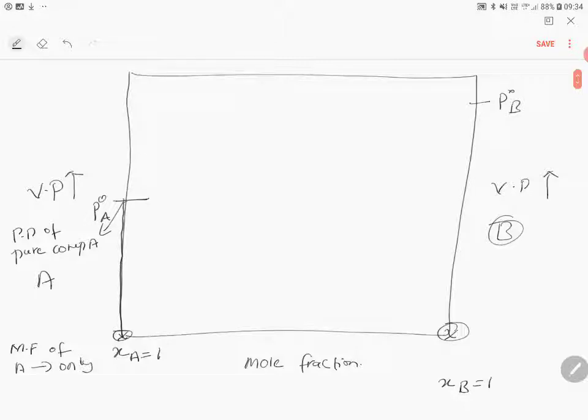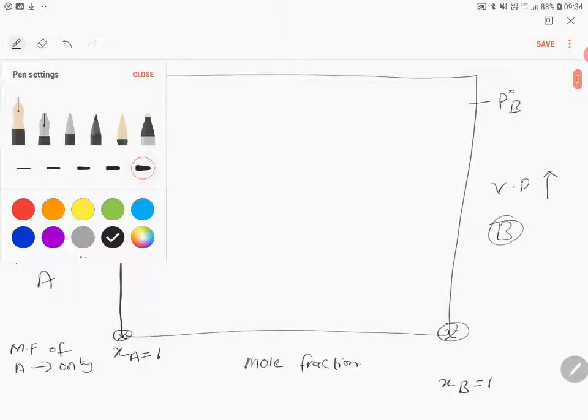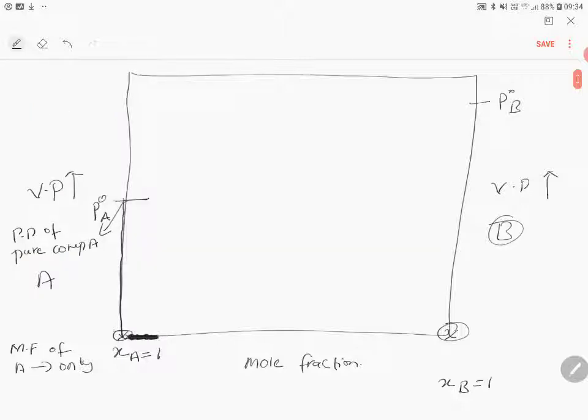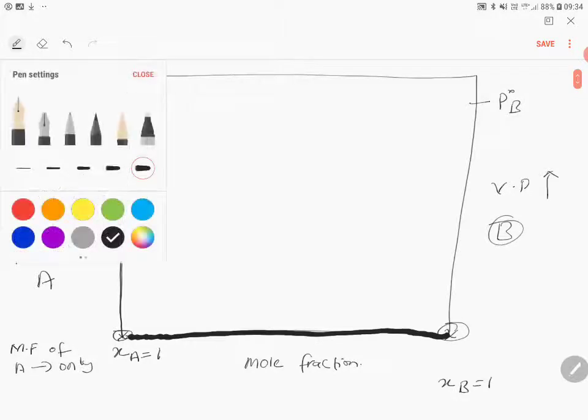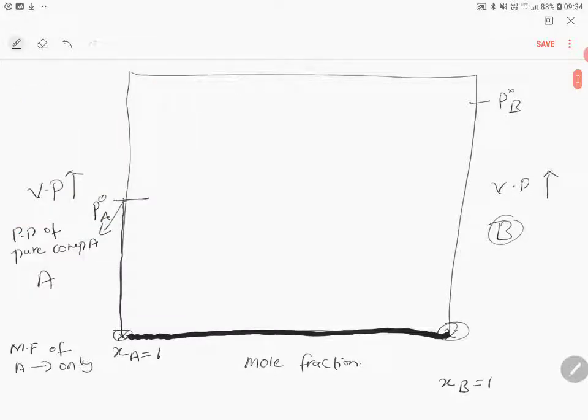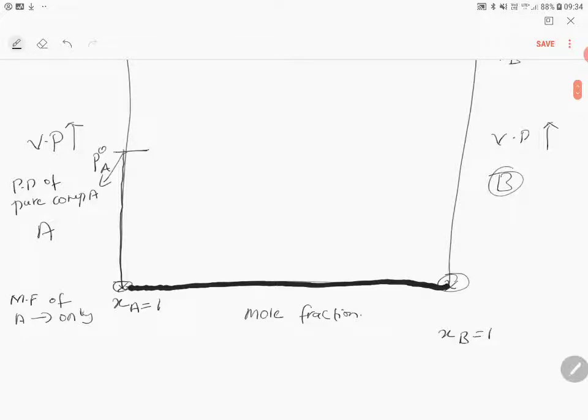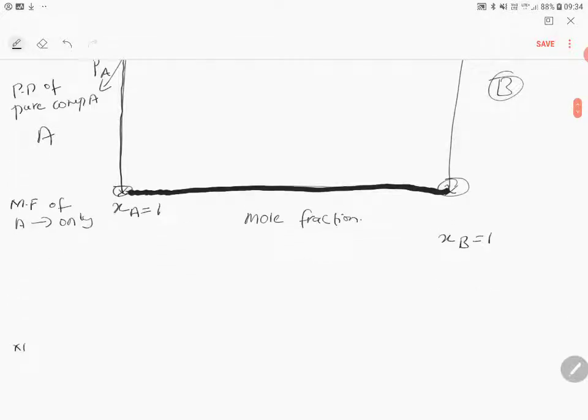But other than these 2 points, you are having the entire graph like this. So what does this thick black line represent other than these 2 points? These represent very clearly the mole fractions of both the components. So other than the origin, I can write a note here for you. Other than the two origin points,